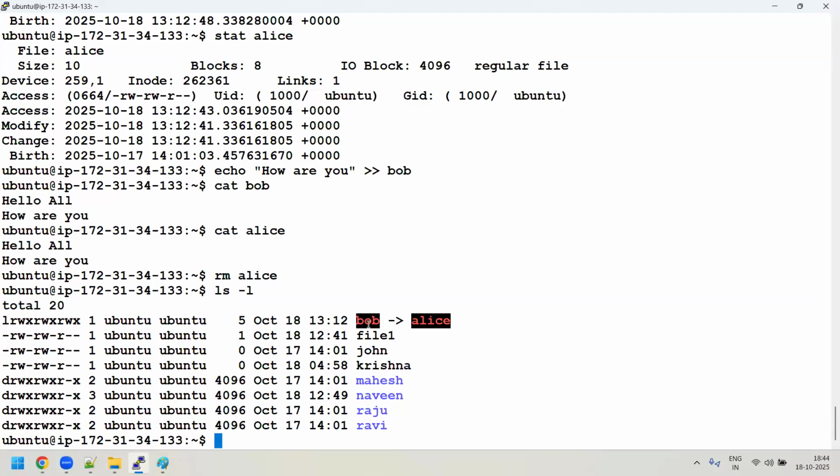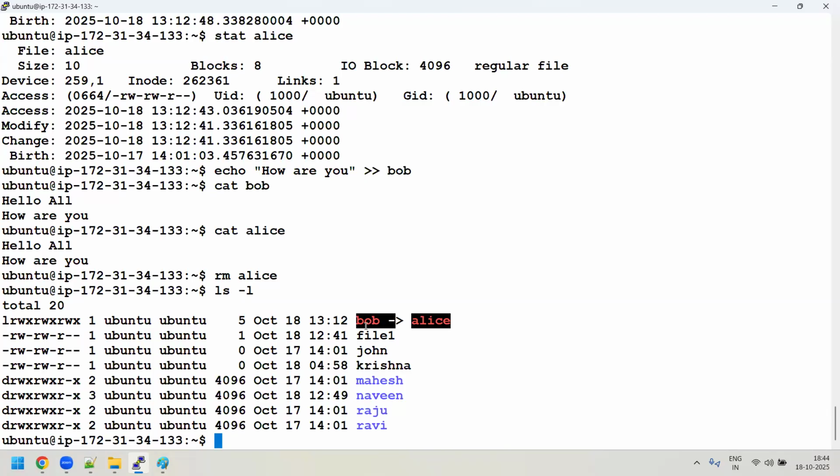So whenever Bob is pointing to an address of the file, if this pointer is like an address, and it's trying to point to a file which doesn't exist, then this pointer will be pointing to an address that doesn't exist at all. This we call a dangling pointer. So you point to some address, but that address doesn't exist. It will become a dangling pointer.